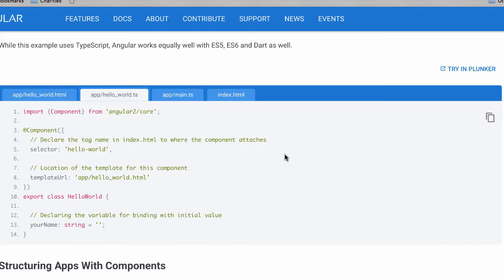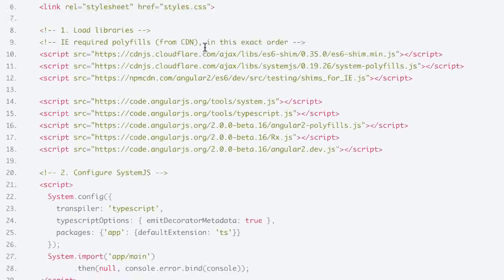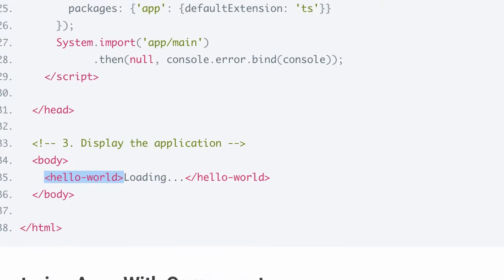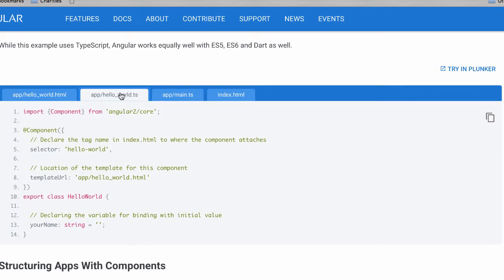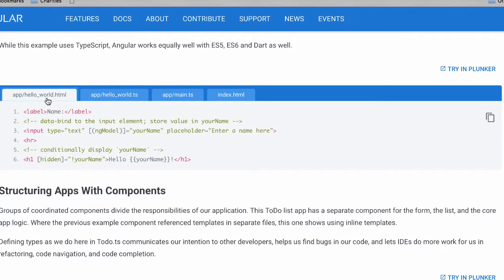Angular2/core. In this component, we're saying declare the tag name, so that's the hello-world. So that's coming from here. Okay. And the template URL I want you to use for it is the app/hello_world.html. So it's this one, which we've already looked at, where it has the ng model,